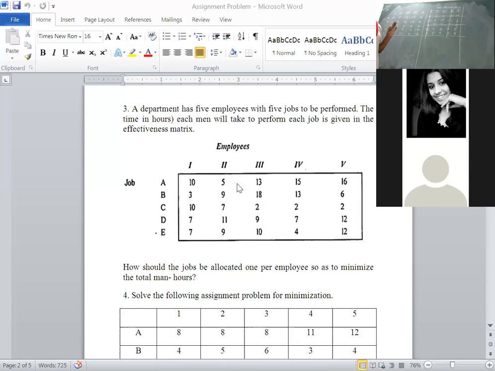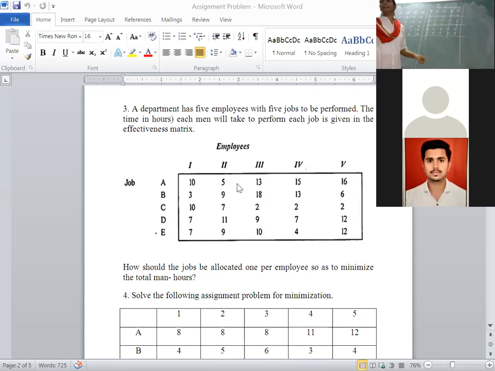Draw either a horizontal or vertical line to cover the maximum number of zeros. We have covered them. Okay, then these are called uncovered elements. Among all uncovered elements, the minimum element is 2. At the intersection point, you have to add the 2. From the remaining elements, you have to subtract 2. Right now, the resultant matrix is